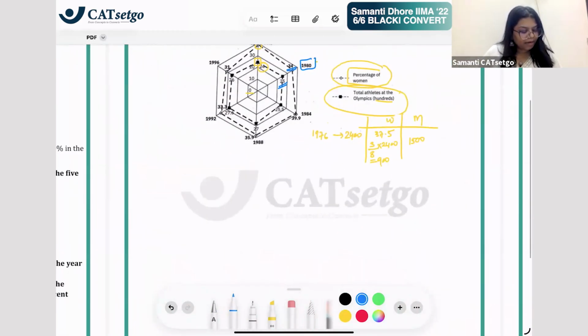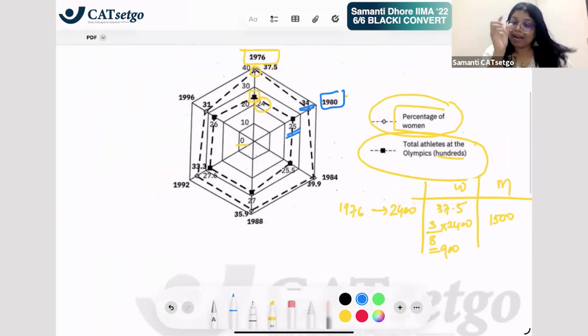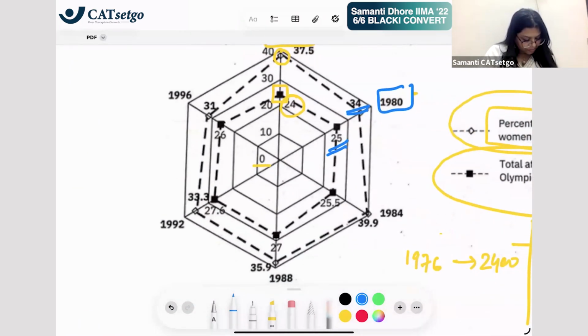Let's say, are we able to find the maximum number of men? For men to be maximum, we will need women to be minimum. What is the minimum percentage of women given here? Everywhere. Look at it. We have 34%, 40%, 35.9%. है ना? तो इसमें से सबसे कम परसेंटेज देखना है. जितना कम परसेंटेज women होगी उतने ज्यादा परसेंटेज men होंगे.